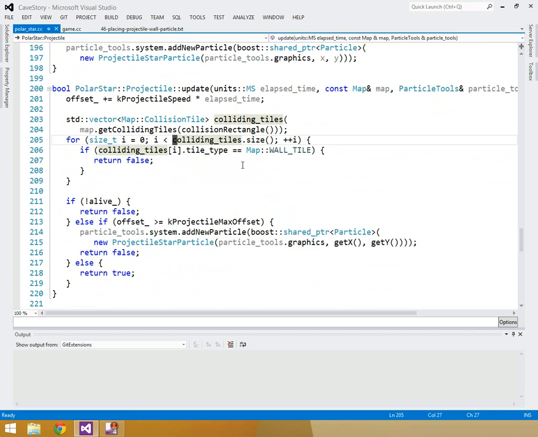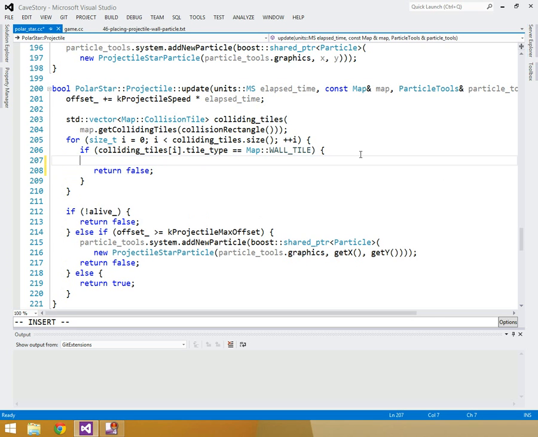And then right here, if we collide with a wall tile, this is where we need to create our particle effects. So like I said, we're going to need to know the left, right, top, bottom edge of our tile. So I'm going to start by creating a rectangle just because we have the left, right, top, bottom all calculated from there. So let's do const rectangle